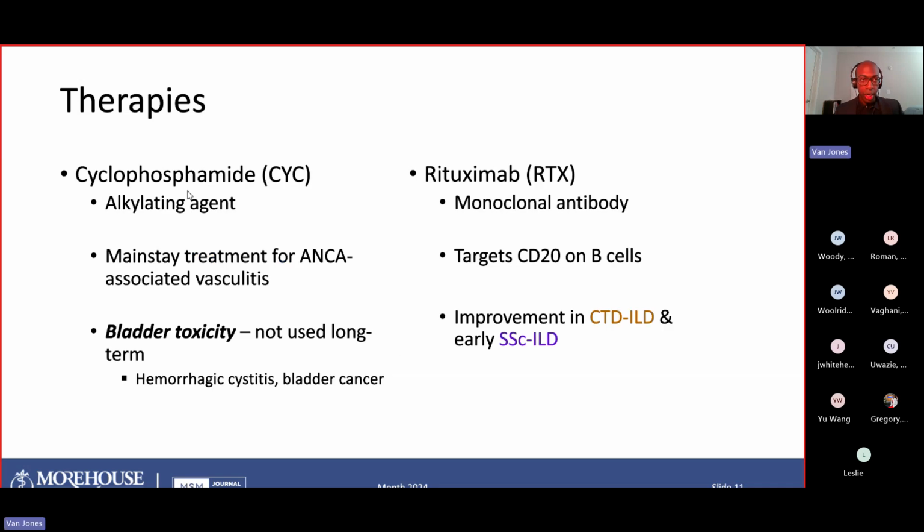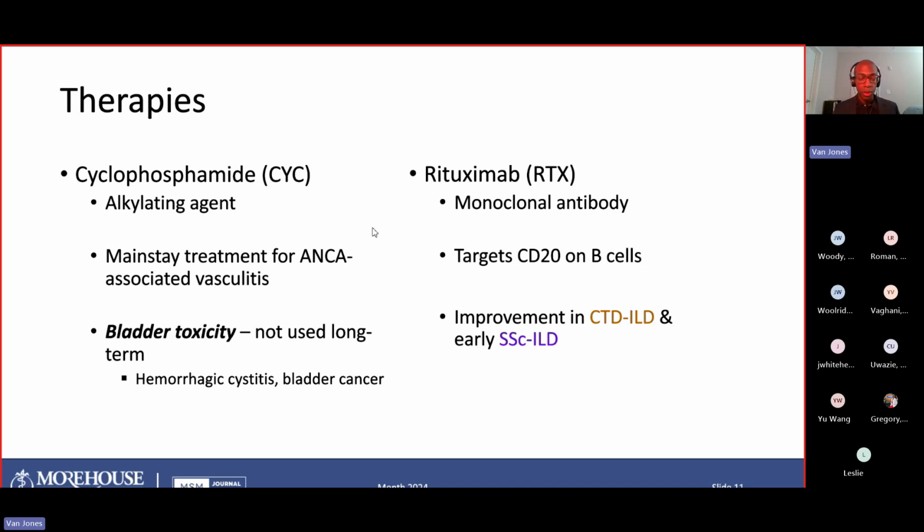Next one, big guy here, cyclophosphamide. It's an immunosuppressant and a chemotherapeutic agent. It's an alkylating agent, so it works with the DNA to disrupt how it's synthesized and pretty much just disrupts the integrity of the DNA molecule. It is the main treatment for vasculitides that have these anti-neutrophilic cytoplasmic antibodies, or ANCA. So granulomatosis with polyangiitis related ILDs respond well to cyclophosphamide.